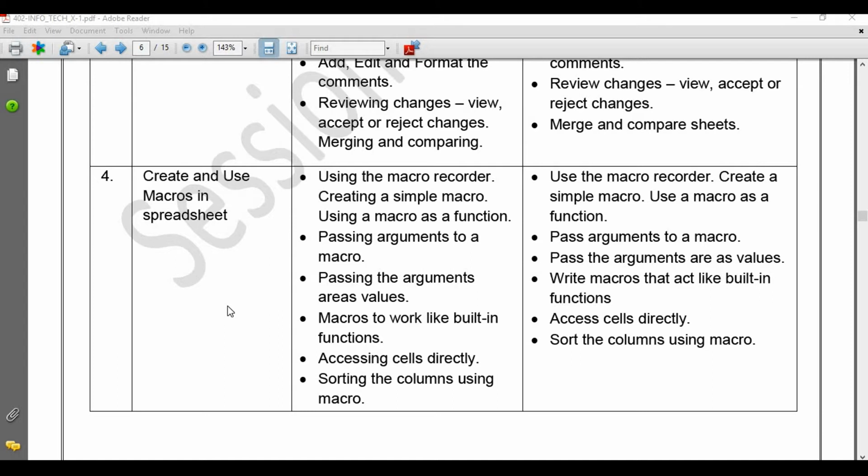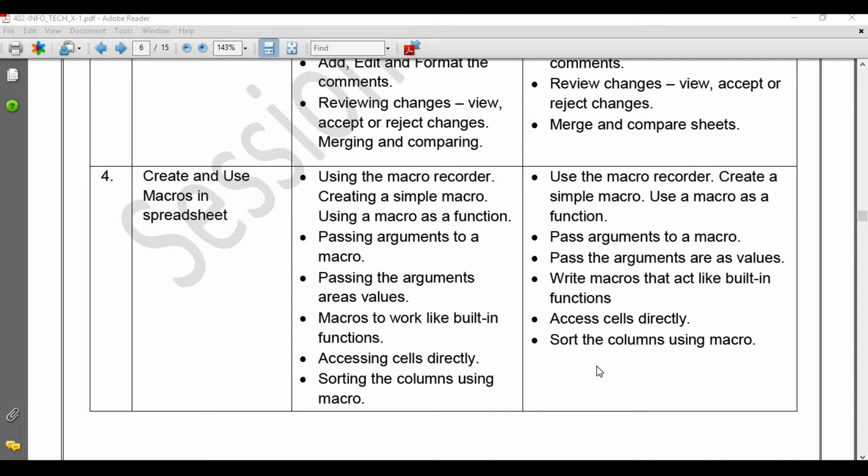In this learning outcome, we will learn how we can use the macro recorder, how we can create a simple macro, how we can use a macro as a function, how we can pass arguments to a macro, or how we can pass a value as an argument, how we can access cells directly, and sorting.